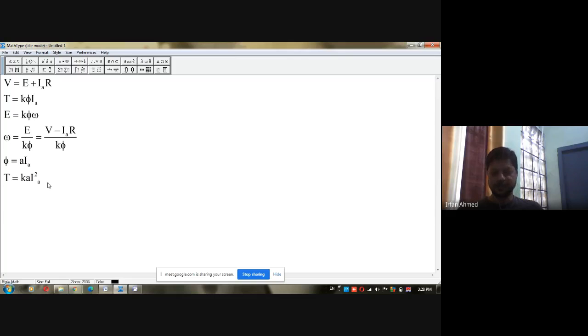I will drop the subscript now. I means Ia. The torque is equal to Ka into I square, or Ia is equal to under root of torque divided by Ka, everything under root. Okay, so if we substitute this in this equation,